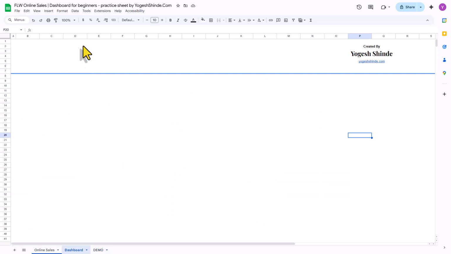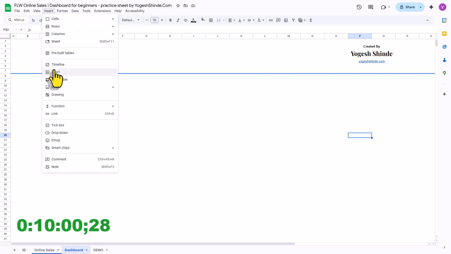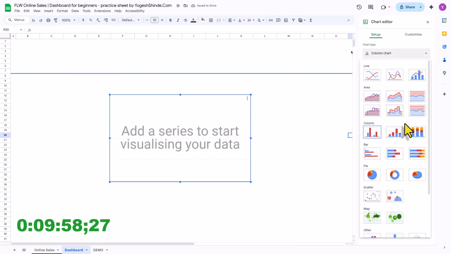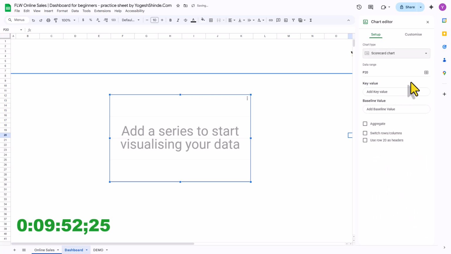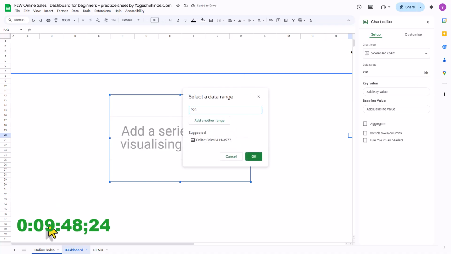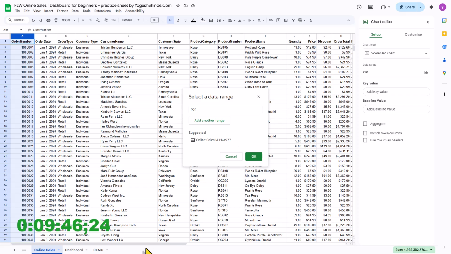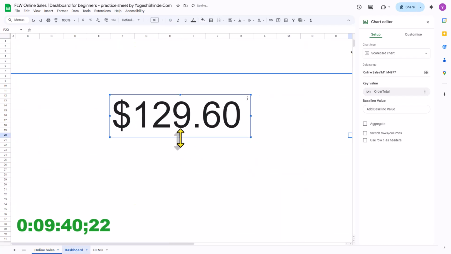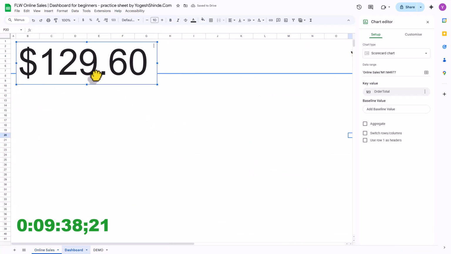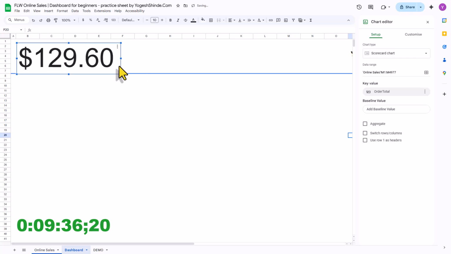I will click on Insert, then Chart, and then I will choose the chart type to be scorecard chart. Then I will select the data range from the online sales sheet. It would be order total, and click on OK. So here we have our total revenue. Let me adjust it here,